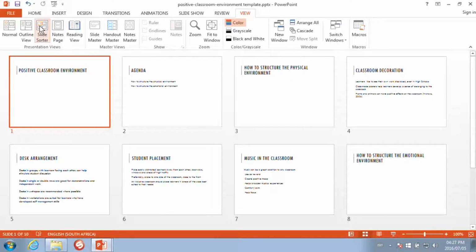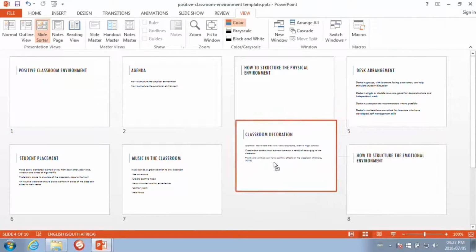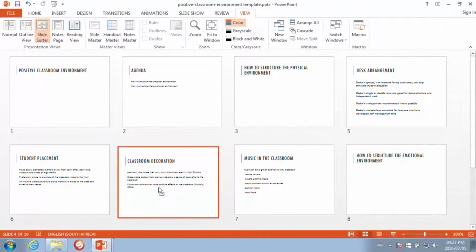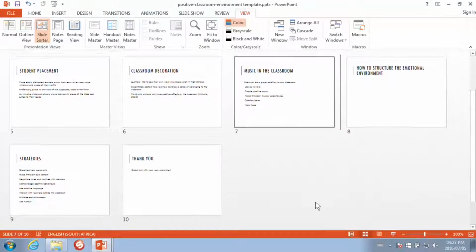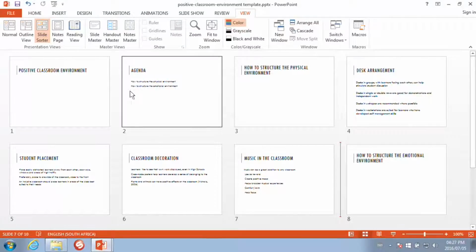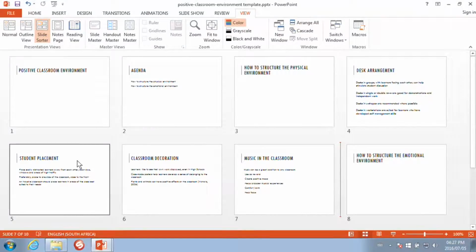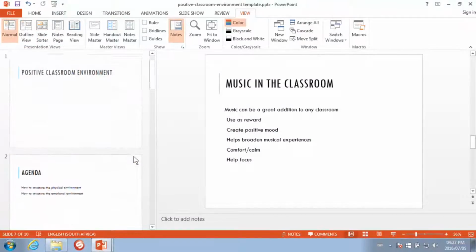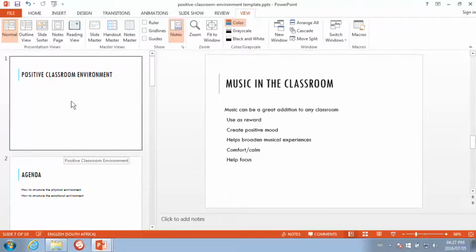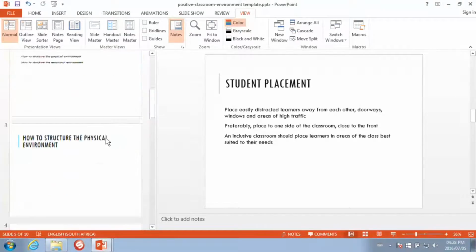So I'm going to move class decoration behind class placement over here, and that would change the way my presentation looks. I'm also going to jump back to normal view, and you can see here on the left hand side is all my slides, and I'm going to quickly change